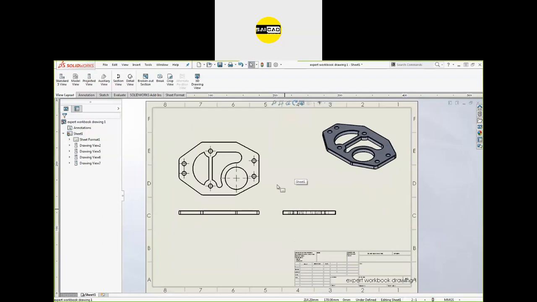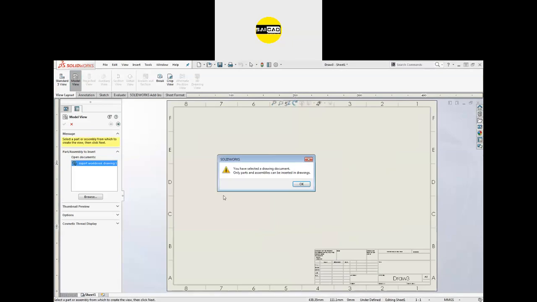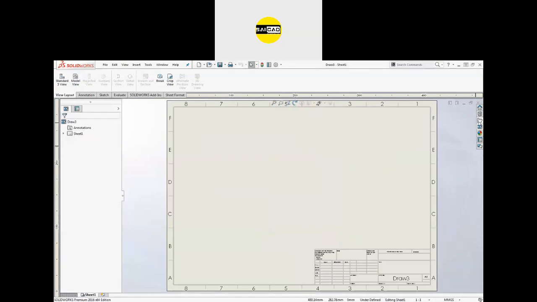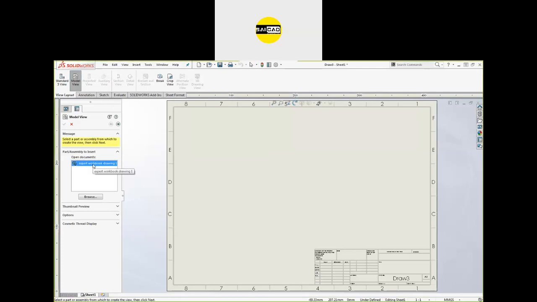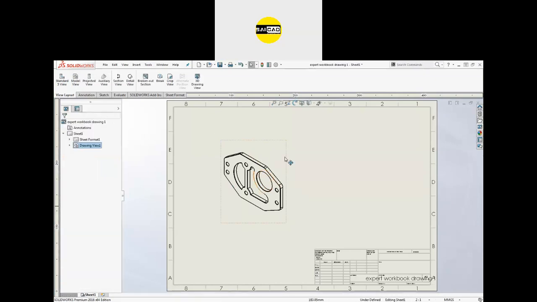After that, if you want to show any other view, what kind of views do we have? First is the three standard views. You can directly insert these three views from here. This is the model view. If you don't see any part, go to New, select a drawing, an empty drawing like that. If you don't select any part, you can select it from here, or you can go to the model view and select the component from there. Okay, double click on that, and now you have the model view. We can just insert a view from there also.